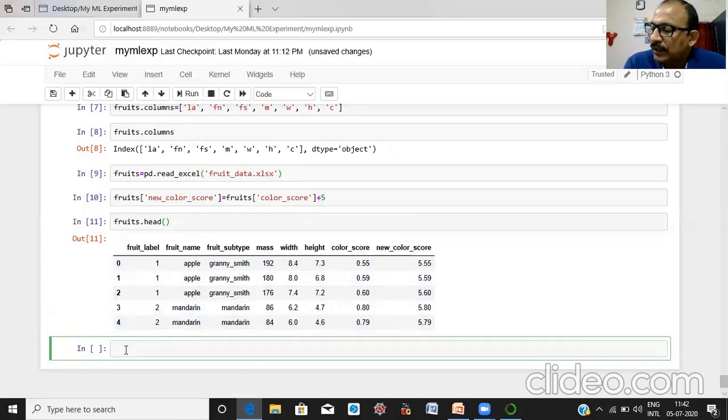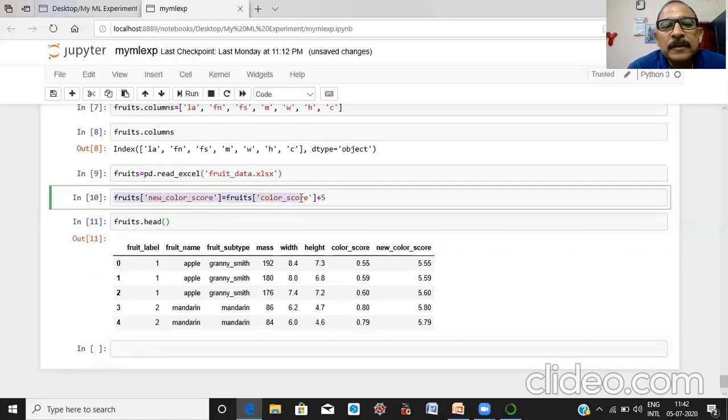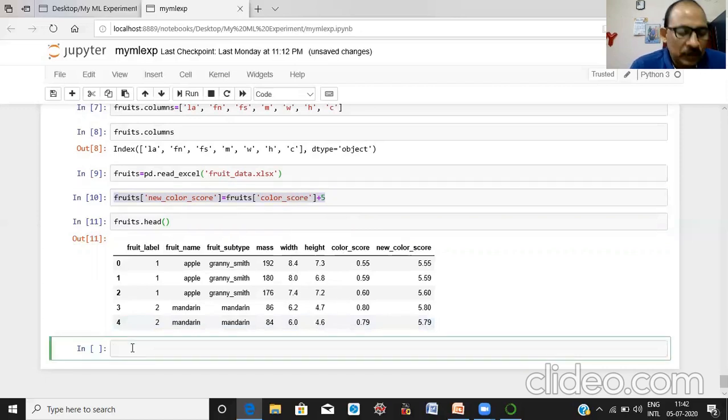Now you can also create a new column from more than one column. Let us see how we will create a new column from more than one existing column.